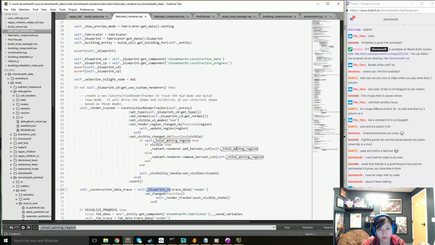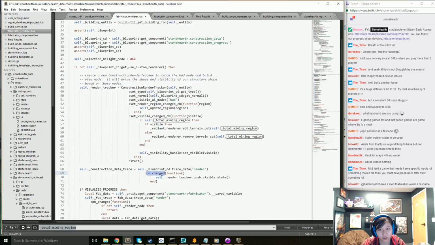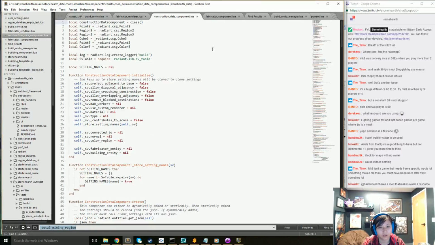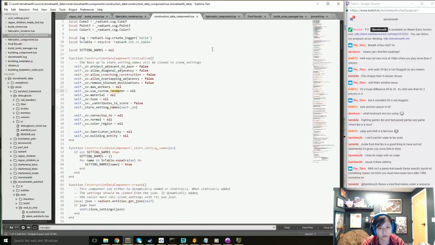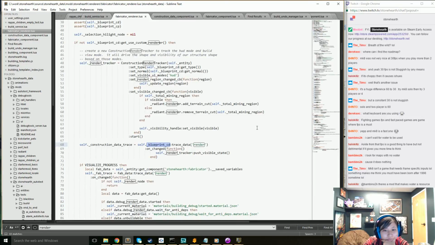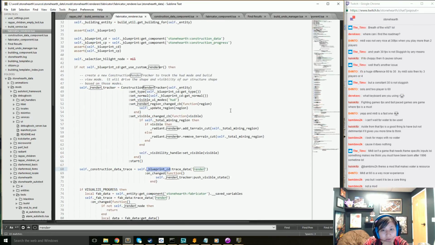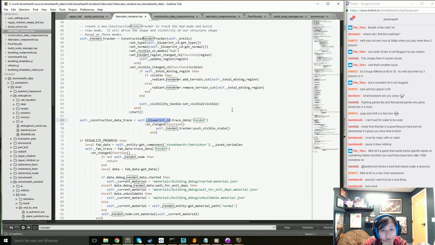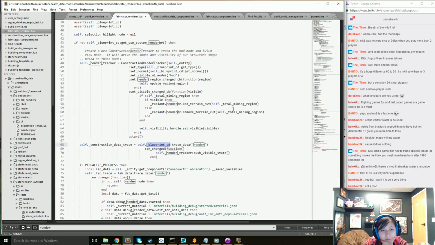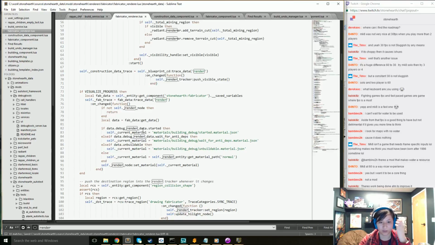Blueprint, CD, construction data, trace data, render, unchanged. So construction data, render, construction data, construction progress, fabricator, trace. Let's do visualize progress true, just so we'll get this trace. And